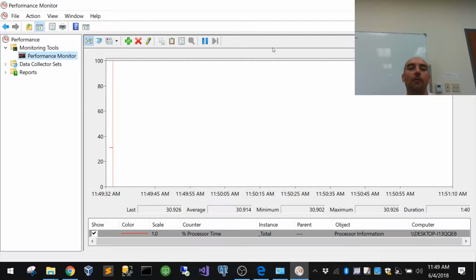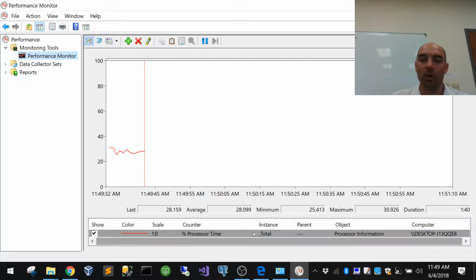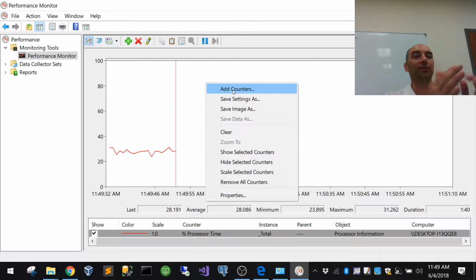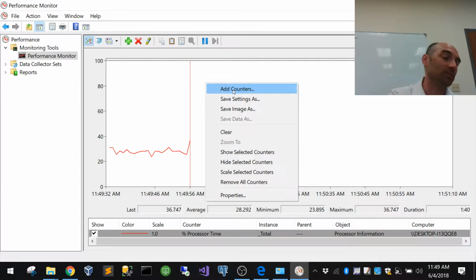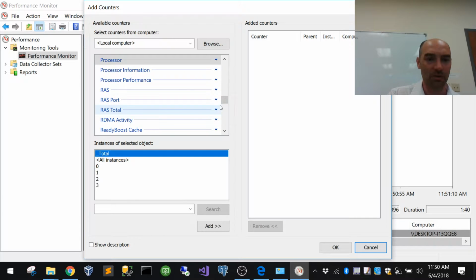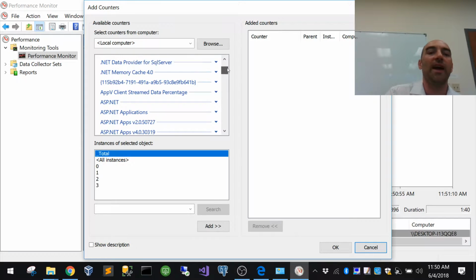Okay, so the default view just says, what is my CPU processor doing? And this is the percentage out of 100 that it's using right now. Now, that's all well and good, but that's of limited usefulness. So, things inside of Performance Monitor are called counters. These are metrics that you want to look at. At any given time, you can look at the infinitesimal detail of what Windows is doing at any given context. This is actually one of the powers of Windows. So let's go look at